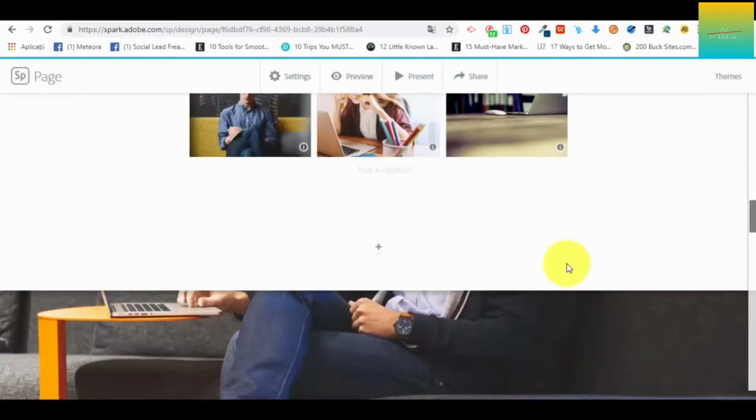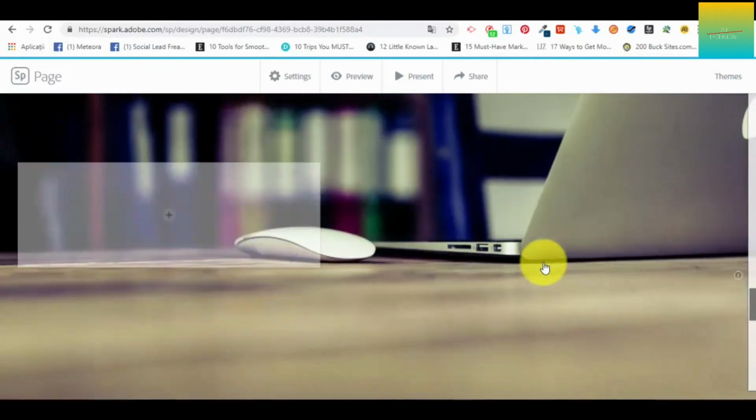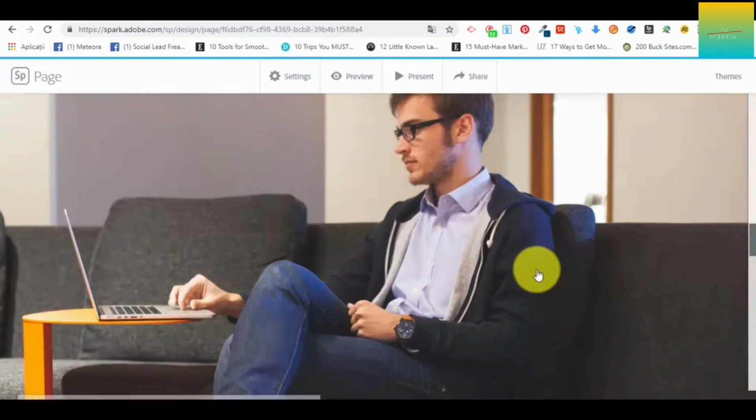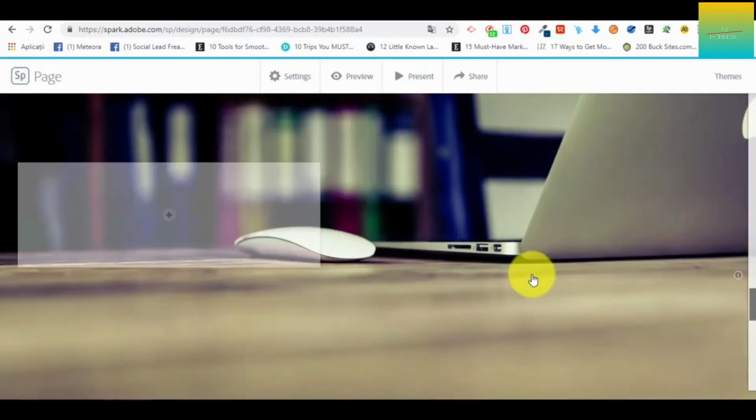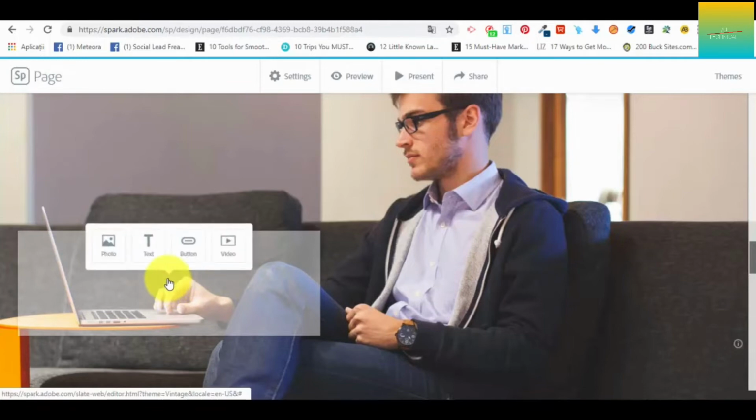And basically after the collage we have the glide show, and this is how it looks like. It has a very smooth transitioning effect between photos. It's like staying on the web page but the photo is changing. And the cool part is that we can add specific elements on the photos, like a photo, a text, a